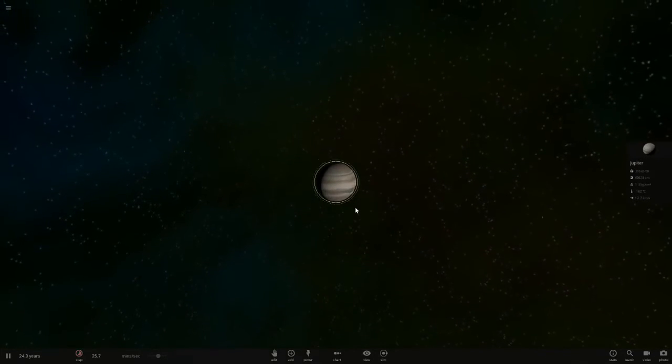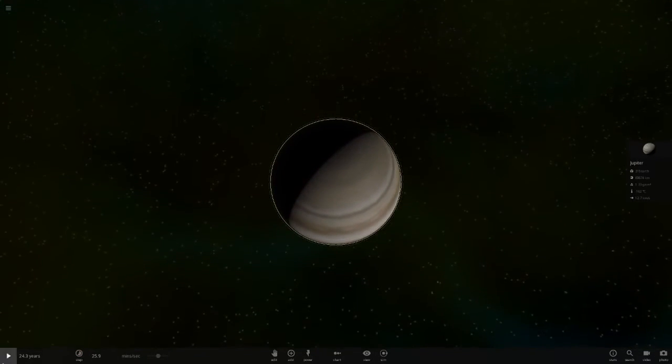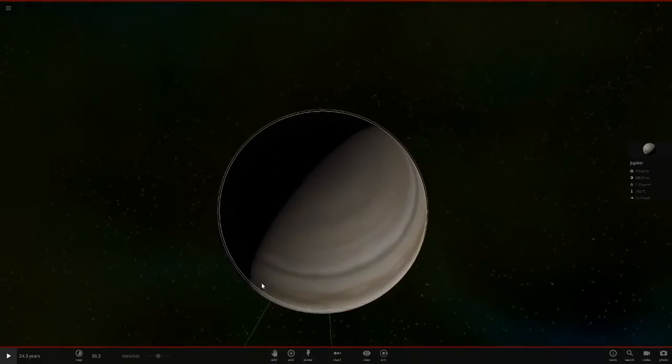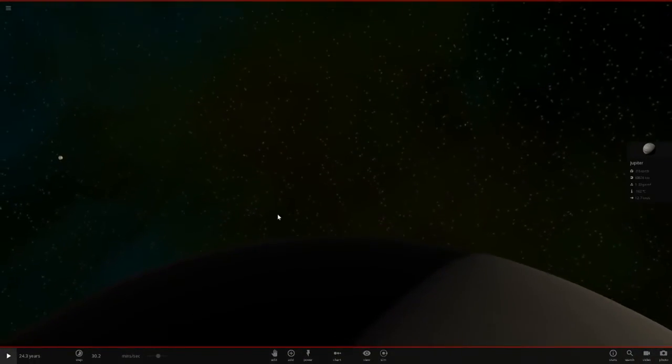So first we're going to do it like we do normally, but we're going to make it a little more interesting. So we're going to start off on pretty much the north of Jupiter and try and spot